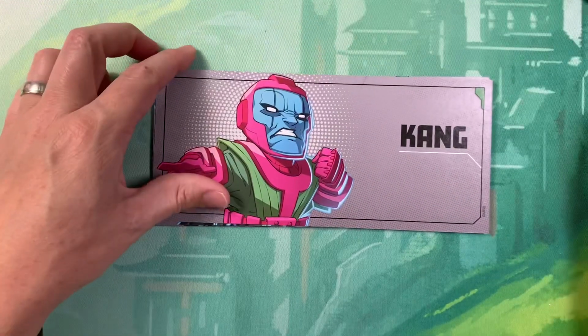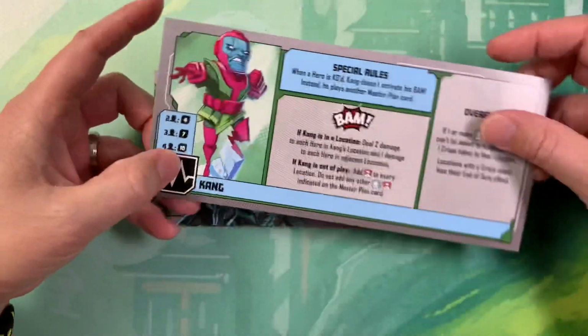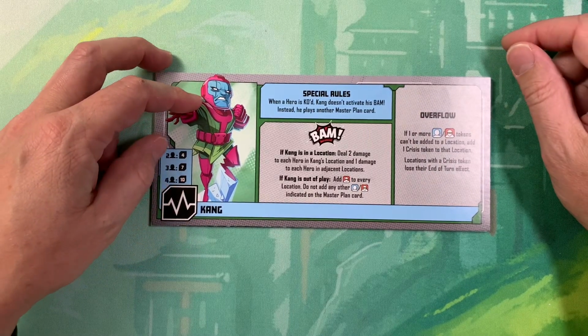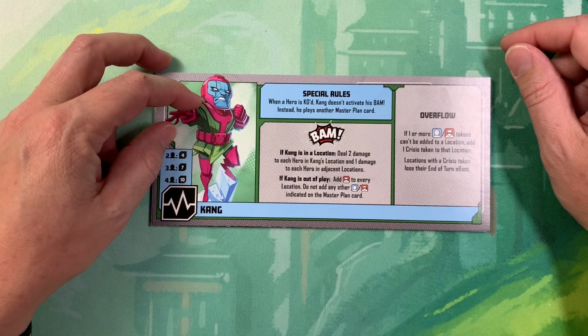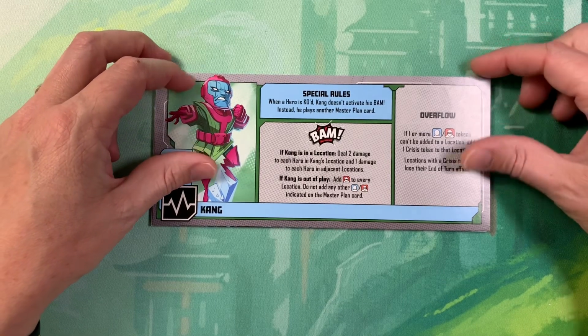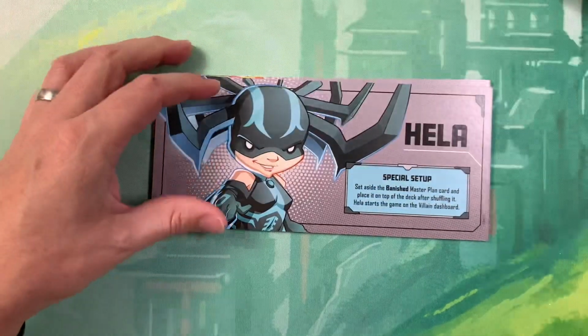Okay. Kang. When a hero is KO'd, Kang doesn't activate his BAM. Okay, this special rule, I'm not going to keep reading it. If Kang is in a location, deal 2 damage to each hero. Deal 1 damage to each hero in adjacent locations. If Kang is out of play, interesting. So I guess he can travel in time and actually leave the